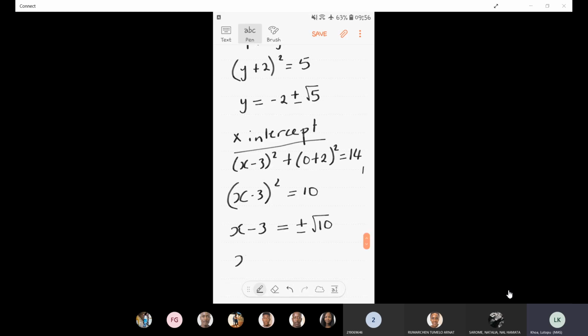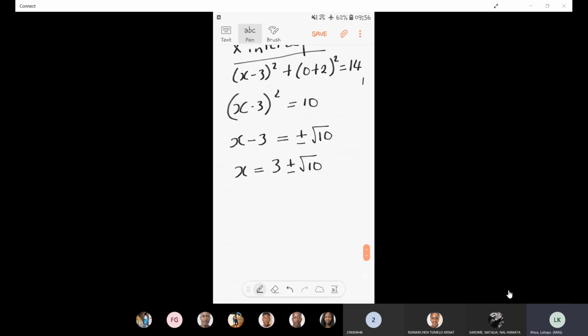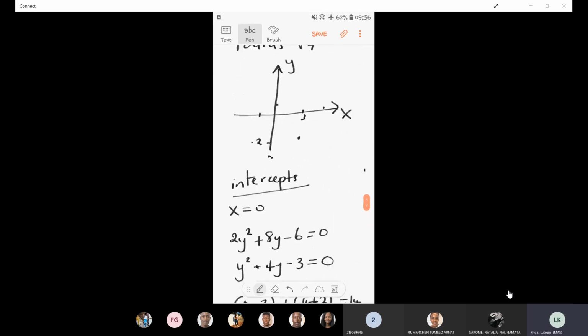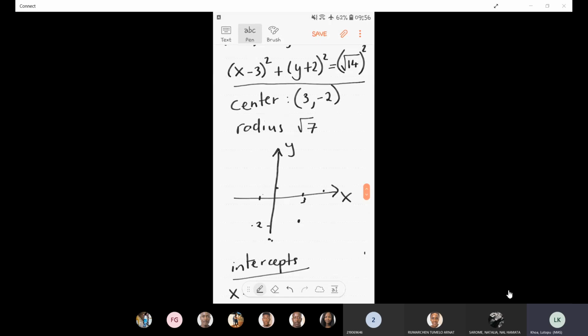And then I have x is equal to 3 plus or minus the square root of 10. So the square root of 10 is 3 point something. So the first one will be negative 0 point something, and then the second one will be 6 point something. You can work that out, and you will see that this is 0 point something. It's very small, and then the other one is 6 point something. Then what you do is you take your